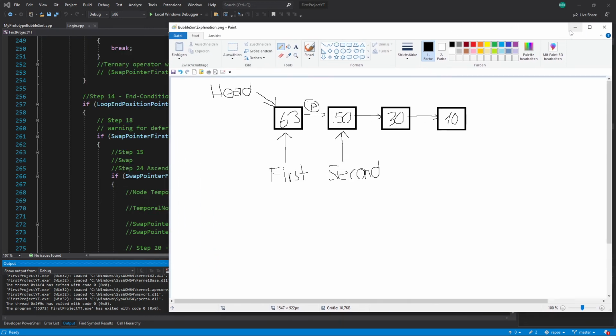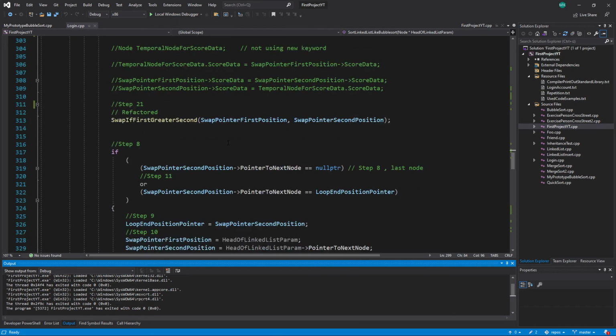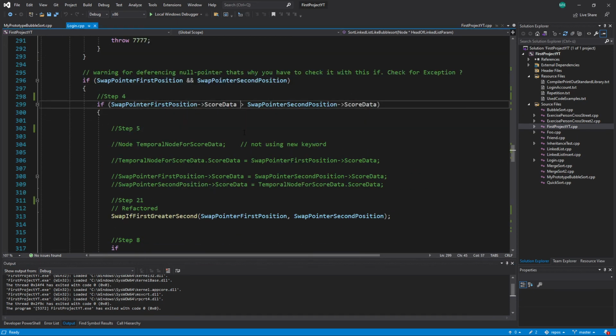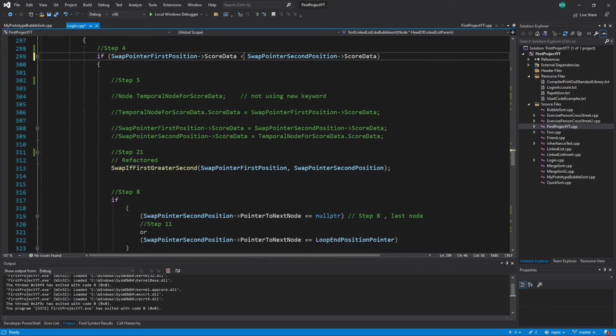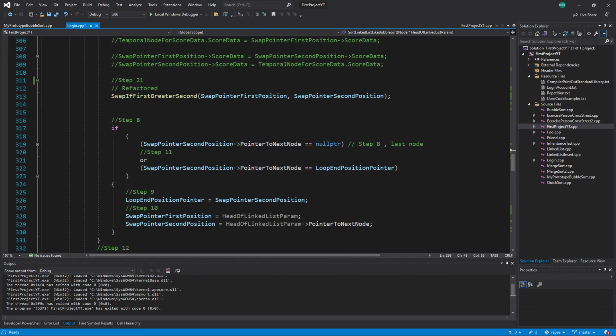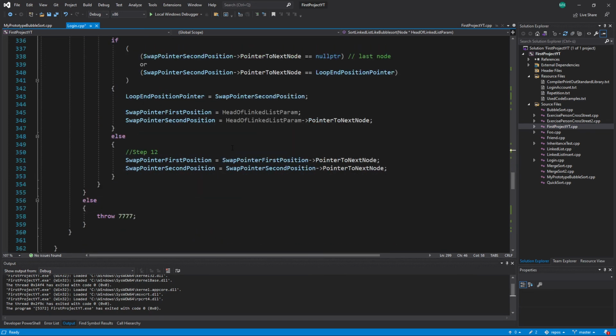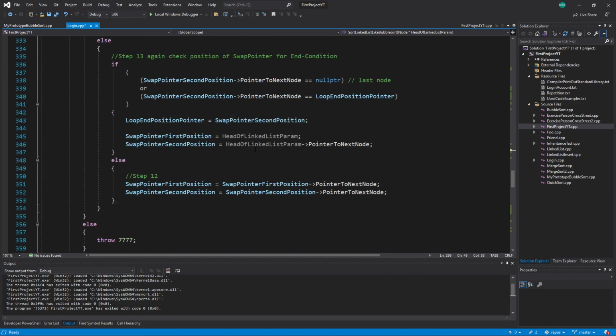This one I have defined here with this compare function. But interesting is, if you change this here to less, then it is descending. Then the bigger numbers are on the left side and the little numbers are on the right side. So it is an easy way to change the